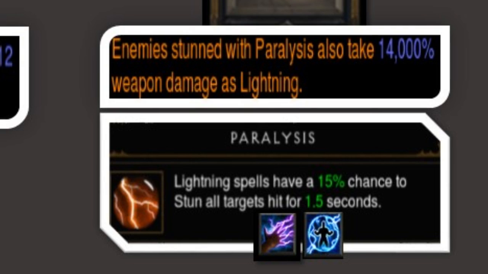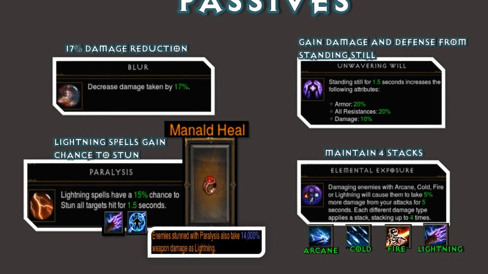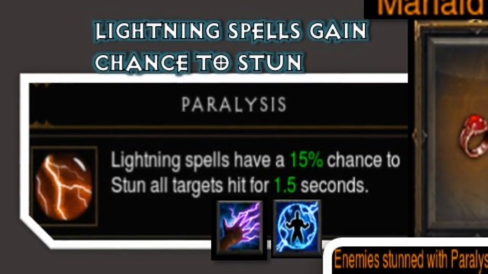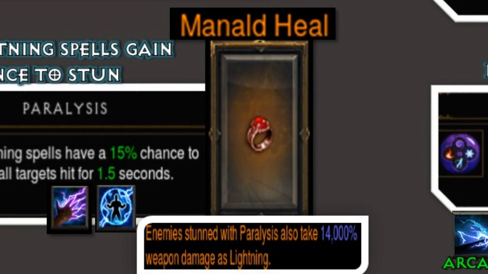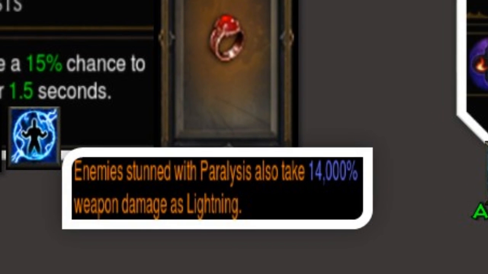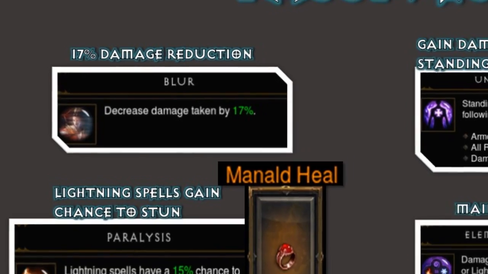our passives. And moving on to the passives, starting in the lower left we have Paralysis. This grants our lightning spells the 15% chance to stun targets hit for 1.5 seconds. We see that with Manald Heal, enemies affected by paralysis also take 14,000% extra damage as lightning. So that's pretty good. And next, for a good solid chunk of damage mitigation, we have Blur, decreasing our damage